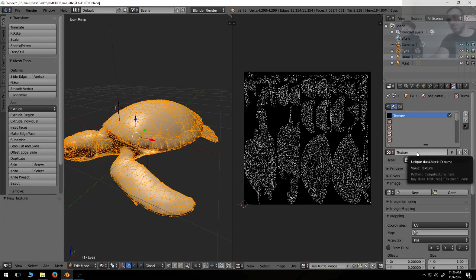Just like the material, you want to give it a name. Sea Turtle Texture. You don't want to name them all sea turtle, so I just name them sea turtle followed by what it is. Now this texture by itself